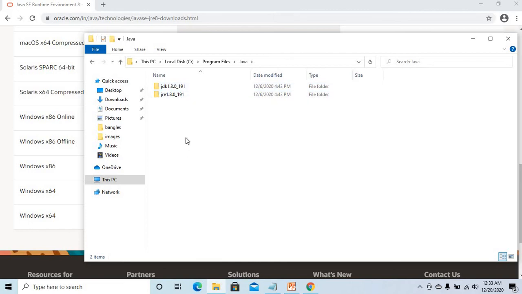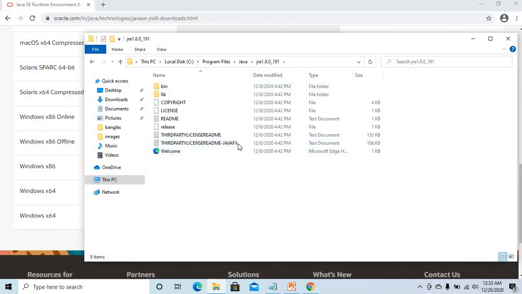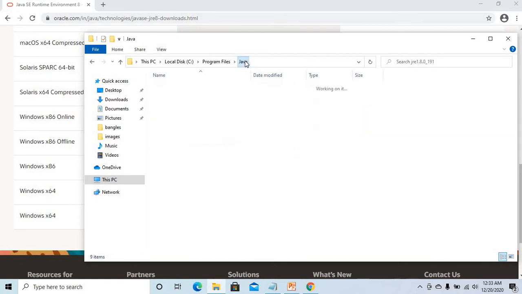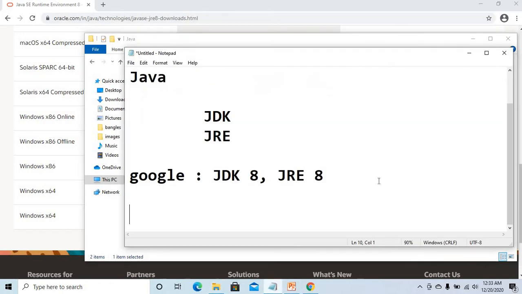Inside the Java folder, if you observe here, there is JDK 8 as well as JRE 8. This is your JDK location, and this is the JRE. In short, this is the default location where your Java will be installed.